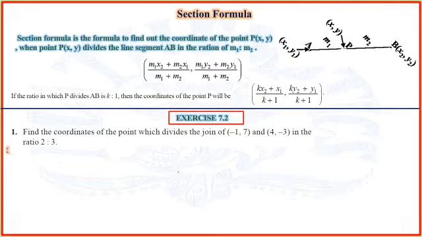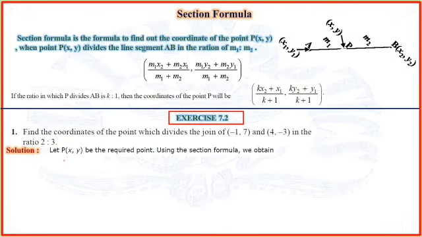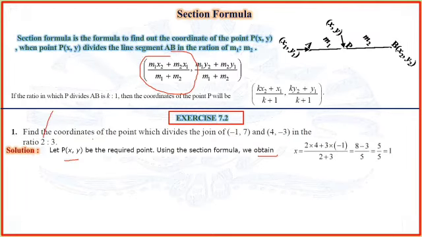So for that we use the same formula. Let P be the point (x, y), the required point which we are going to find using the section formula. How will we use this? Coordinate x: m1 x2, now m1 is 2 and x2 is 4, so 2 into 4, plus m2, which is 3, into x1, which is -1, upon 2 plus 3. That is 8, and then 3 into -1 is -3, upon 5. Then 5 upon 5 cancels, and we have x equal to 1.